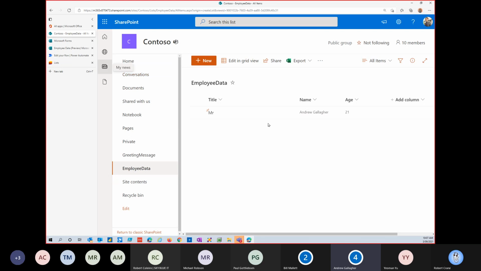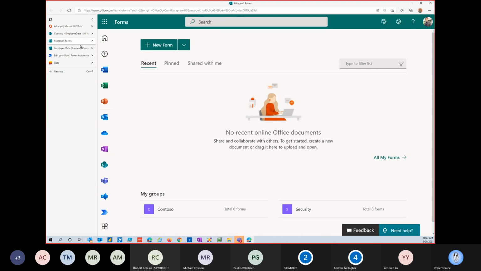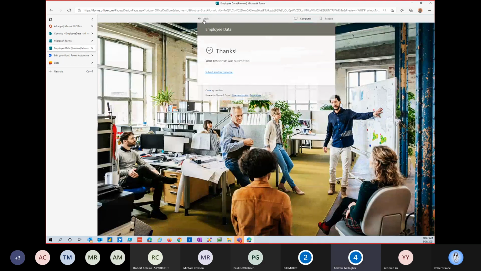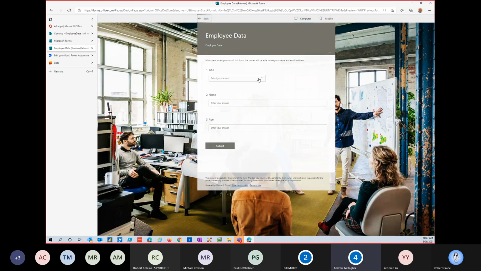Now, as another example, we all know that users can do some funky things. So I'm going to come back to my form and enter in another user, my wife's name, Tony Gallagher, and I'm going to put in her age, but I'm going to type it out in words.